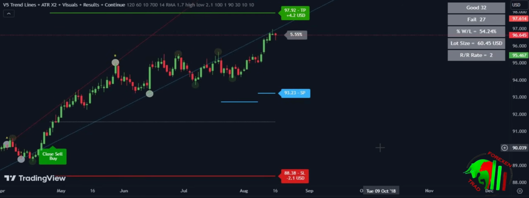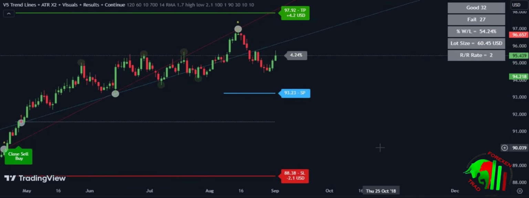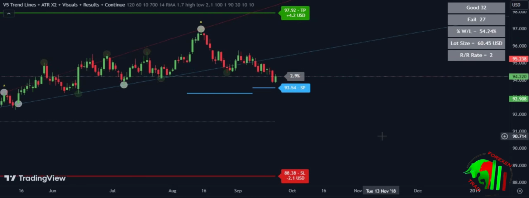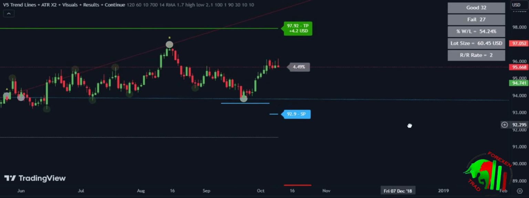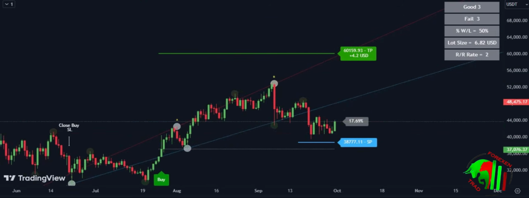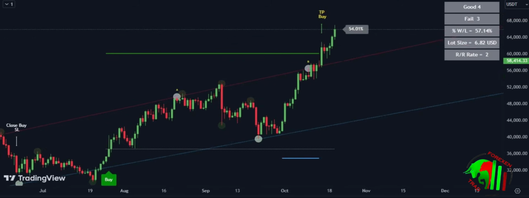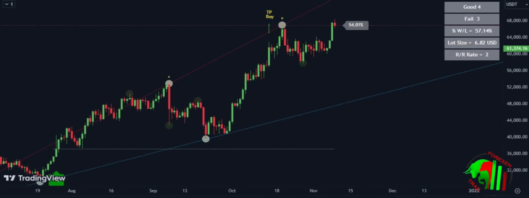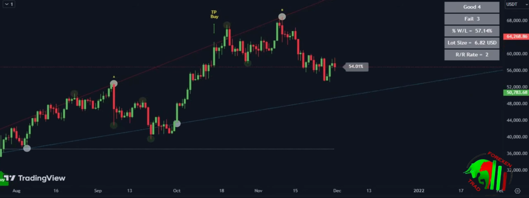I'll explain everything professionals use in scalping trades, including their methods, so you'll have a general understanding and be able to develop a method that suits the market and is profitable for you. First of all, let us know about stock indicator trading tools. This indicator is called Lines Cross.